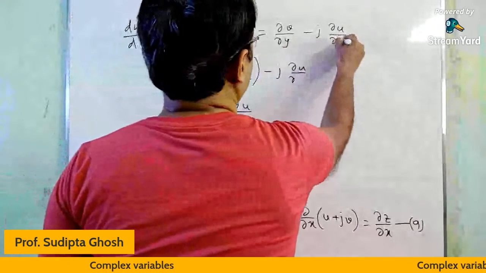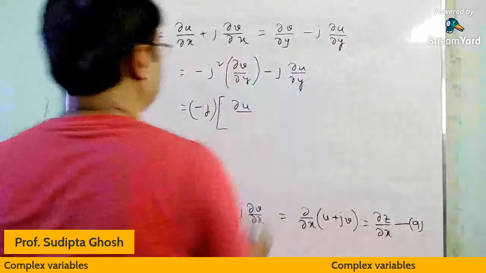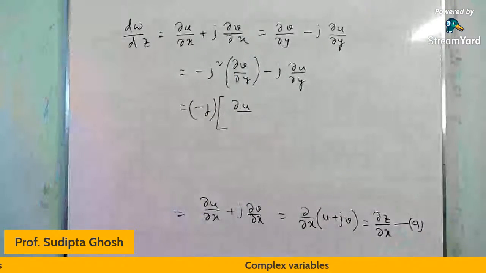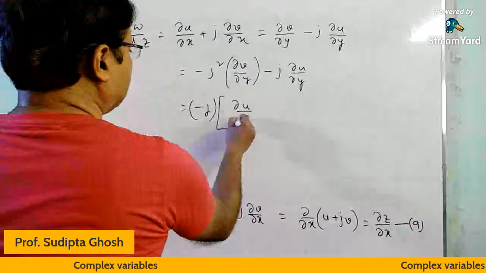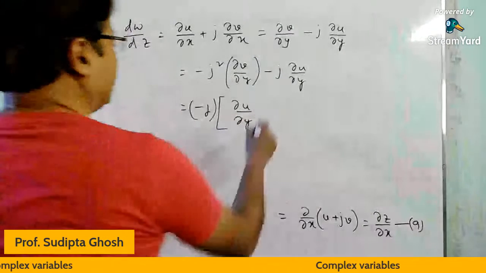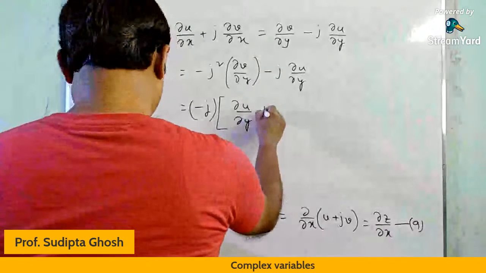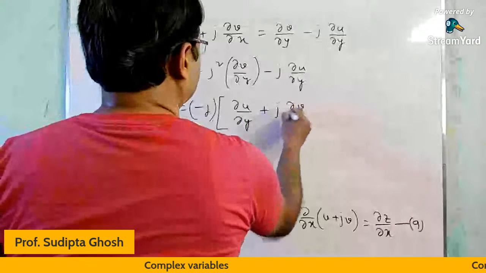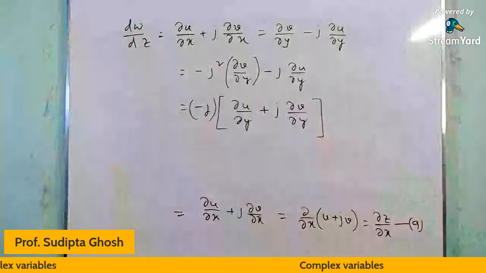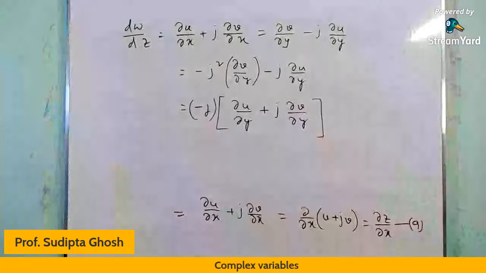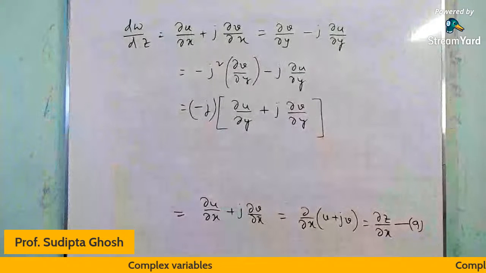Sorry, it will be del u/del y. So taking minus j common, it will be del u/del y plus j del v/del y. So it can be written as del u/del y plus j del v/del y, or minus j,